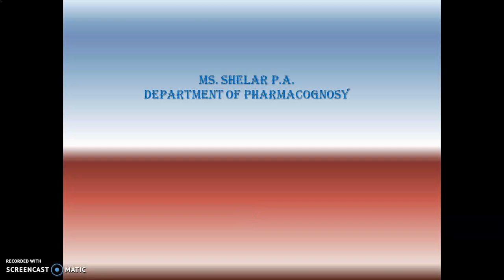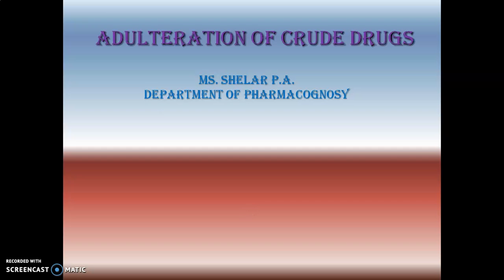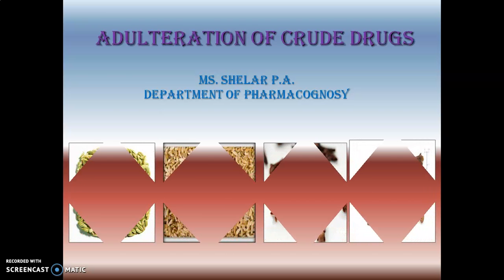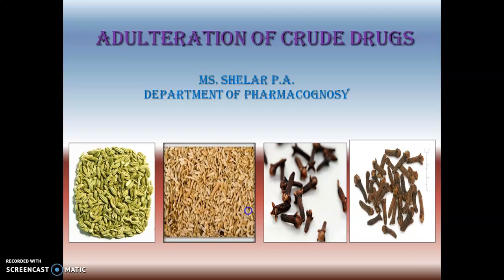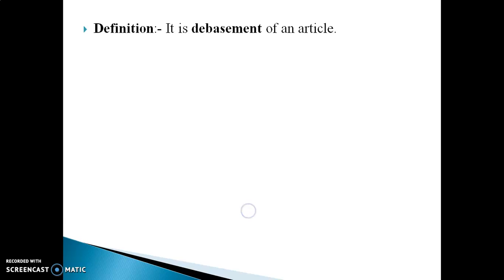Today in this video we are going to learn about the adulteration of crude drugs, as we know that crude drugs are very much prone to adulteration because of morphological similarities. So now we will start with the definition, that is nothing but it is a debasement of an article or